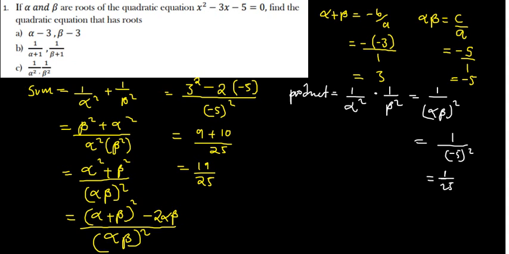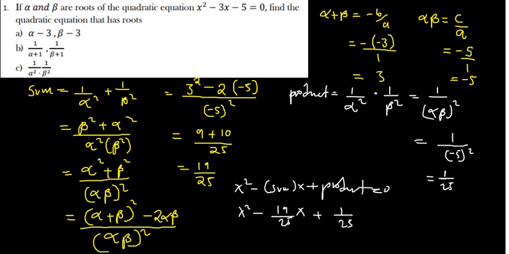Then to find the equation, we know it is x squared minus sum x plus product, and that is equal to 0. So this will be x squared minus the sum is 19 divided by 25, x. The product is 1 divided by 25, and that will be equal to 0. So this is the equation, but if I want to do away with the fraction, I'm going to multiply this